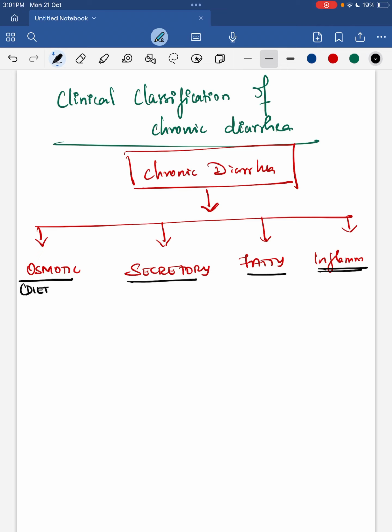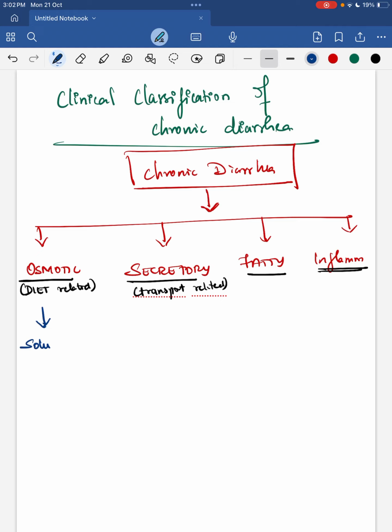transport related. In osmotic diarrhea, the solute draws the water into the lumen. For example, if the child has lactose intolerance, the lactose present in the breast milk, or the lactose you are giving in powdered or formula milk, will draw the water into the lumen, which causes the diarrhea. So the solute draws